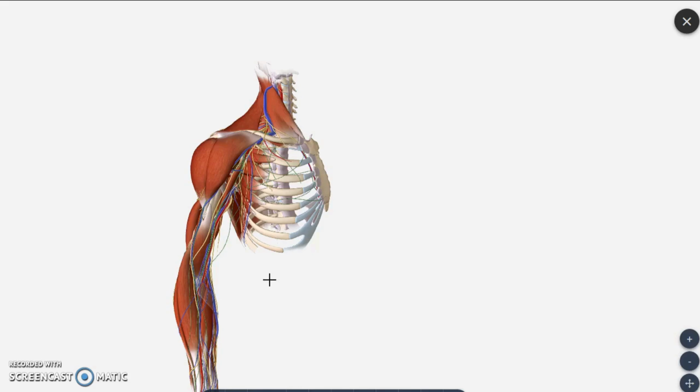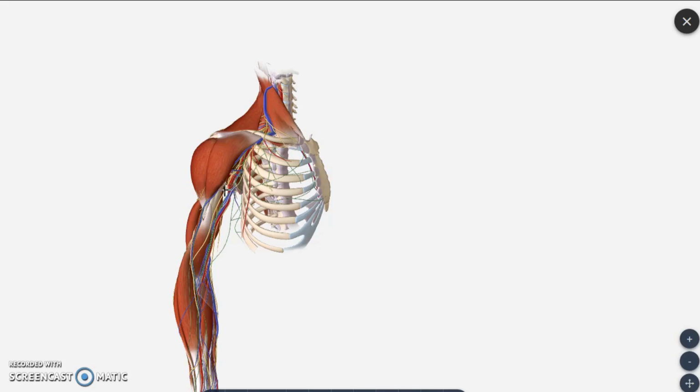Once you remove this brachial plexus also, what will happen? If you remove the muscle coracobrachialis from here, and the nerve branches of the brachial plexus, you can view important structures seen in the axilla.